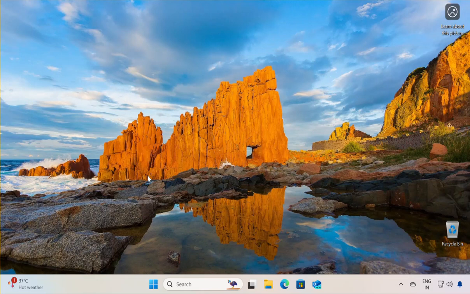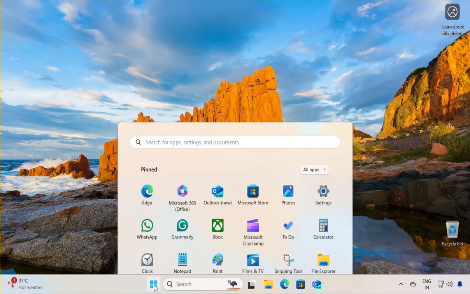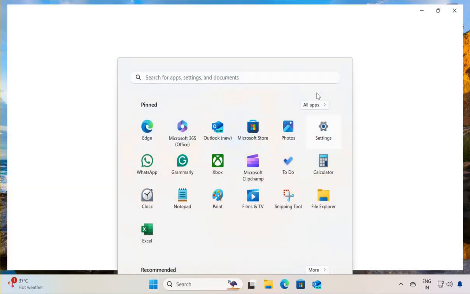In this video I am going to show you, if you found any kind of issues while updating your Windows and it is not actually updating correctly, then in that case you need to run the Windows inbuilt troubleshooter. To go into that troubleshooter, click on your start menu, go to settings,